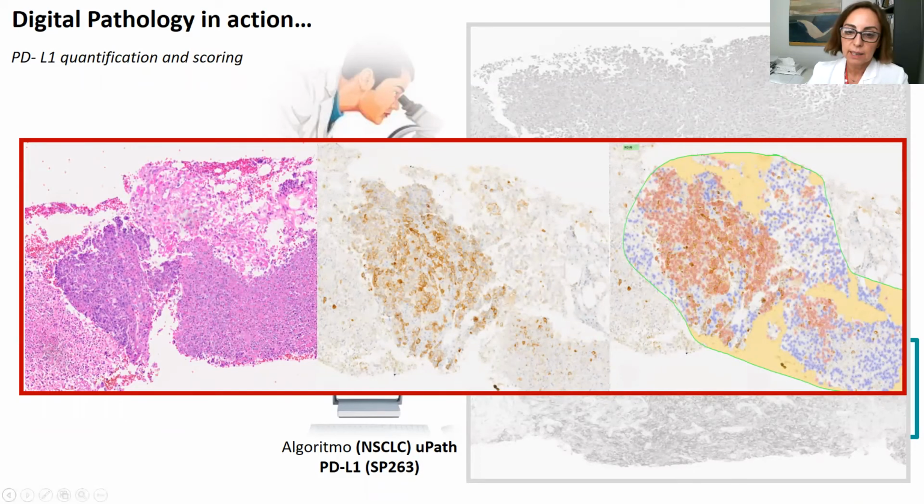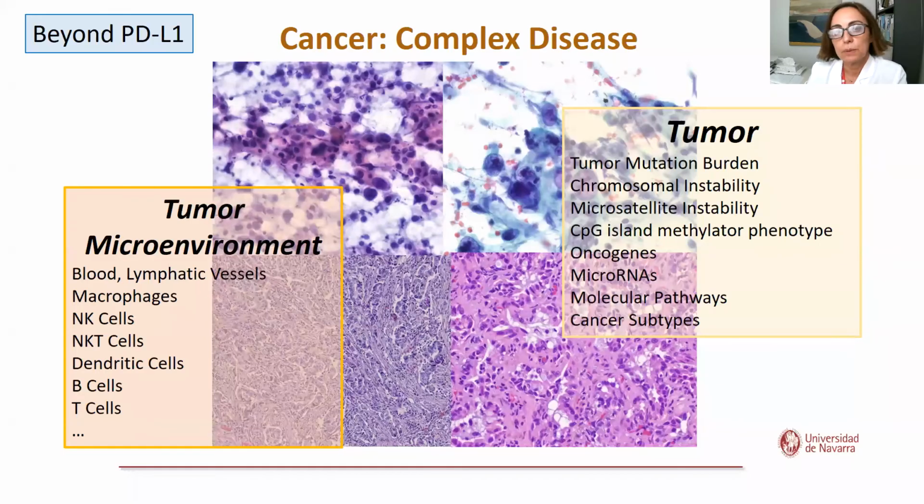And now the new tools, digital pathology, is coming to help us, I think. We are starting a little project using cell blocks and trying to compare the algorithm for PD-L1 with our eye interpretation. We are using this system, the uPath from Roche, and this is a very preliminary study, and we want to finish it and have the opportunity to show it to you at some meeting.